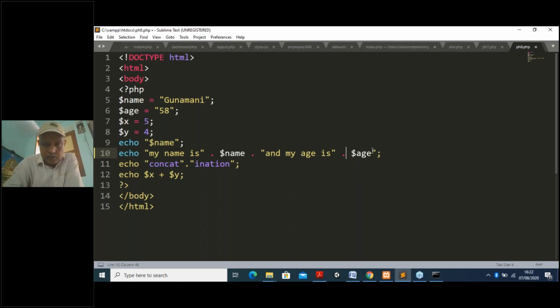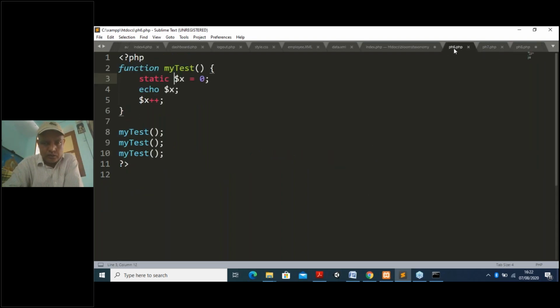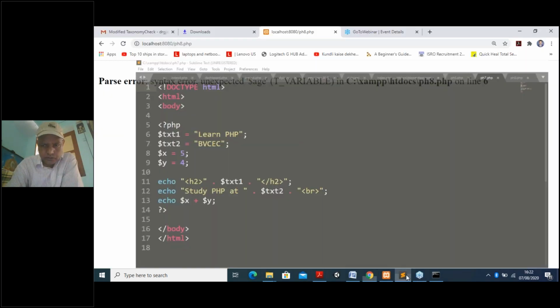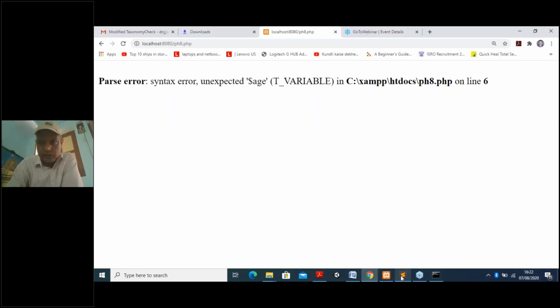Okay, so echo this thing. Then you get it now. Then what you are using in PS7, I'm using dot br at the end. Okay, so then you have to use this here.